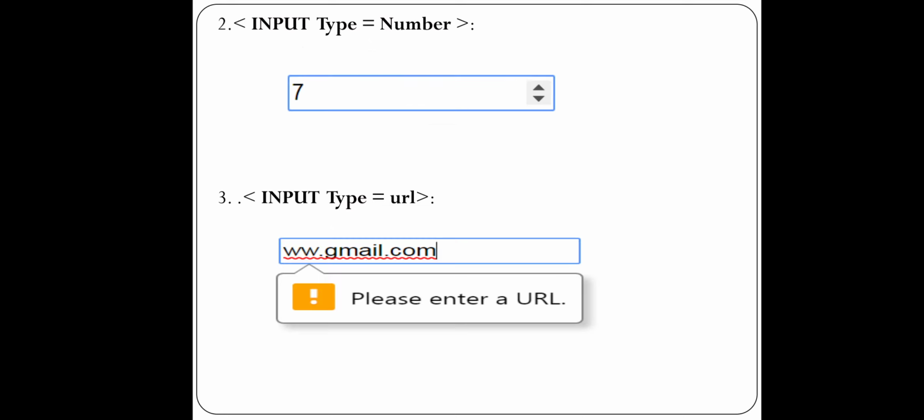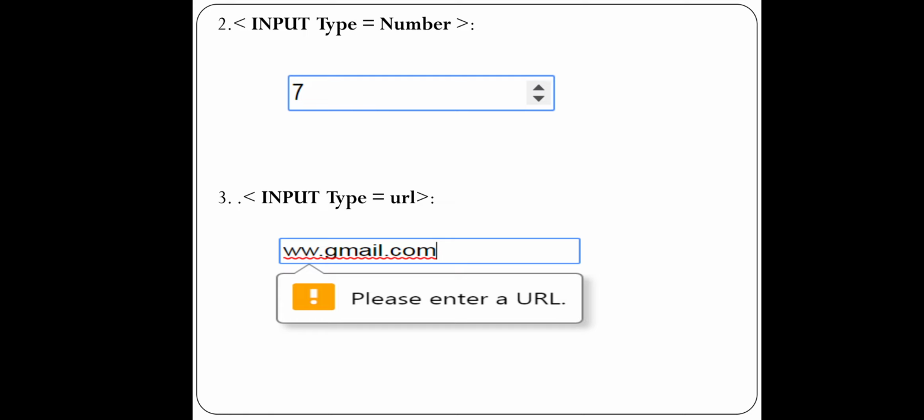So next slide. Next, input type equal to number. Now here you will get a text box which will accept only a numerical value, right? So you have to enter a number. That is the restriction we are giving to it, that here only numbers are expected. And on the right side there are two arrows, one going upwards and one going downwards. If you click on upward, the number will increase, and on the downward side if you click, it will decrease, something like that.